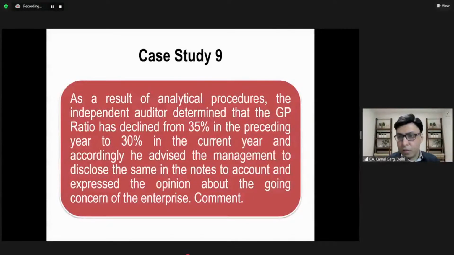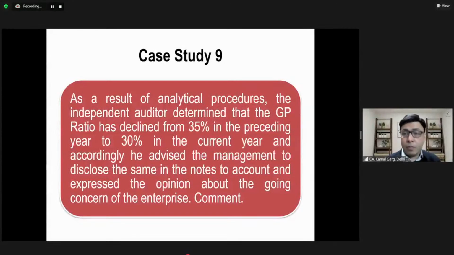For example, loan default. For example, insolvency. So if other factors are not there, GP ratio is only one of the factors, meaning thereby GP ratio decline cannot be the sole factor to say that company will not be able to continue in the future. Other factors also need consideration. So if your company otherwise is growing, but GP ratio is declining, that doesn't mean that auditor will comment upon the same. But yes,